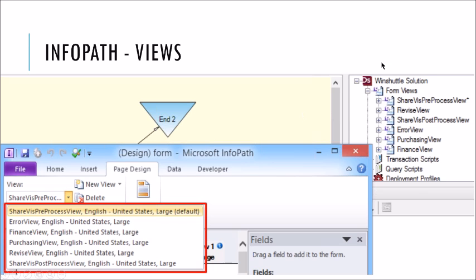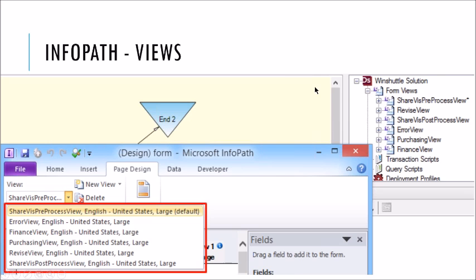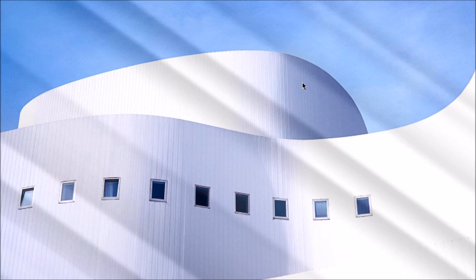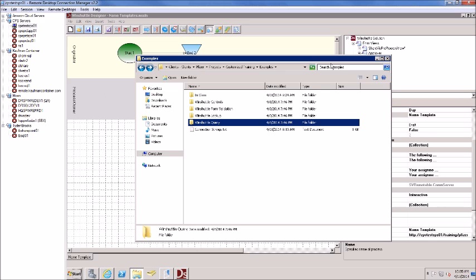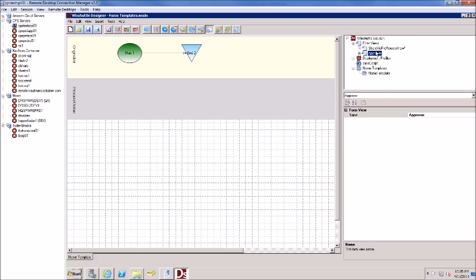Some of the views that we add for 10.6 are all through the Solution Explorer. What I want to do to reiterate this is just show it to you. You do not want to open up InfoPath. So right now we have approver and pre-process view. If I launch InfoPath,